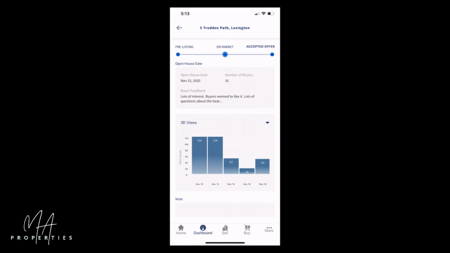Then when we go to the on-market phase, we have information about open houses that we may have held. Every time we have an open house, how many people came, some notes around what the feedback was from that open house, and so on. But underneath that, we've got statistics about how many times the digital media, 3D tour, video, if I can show you that here,